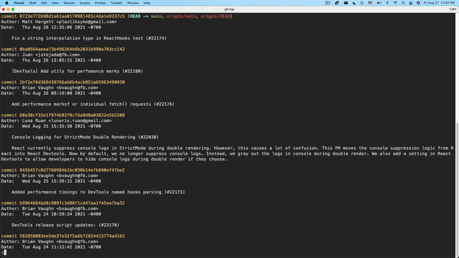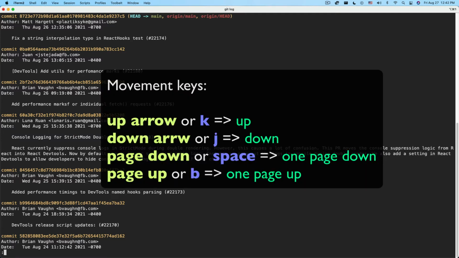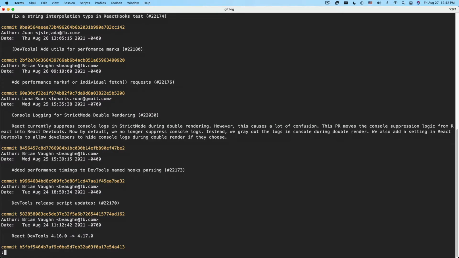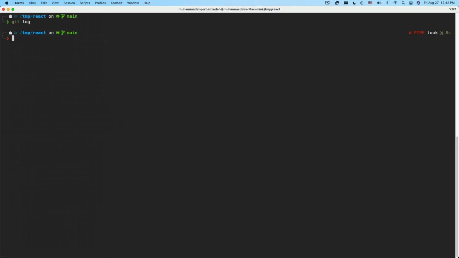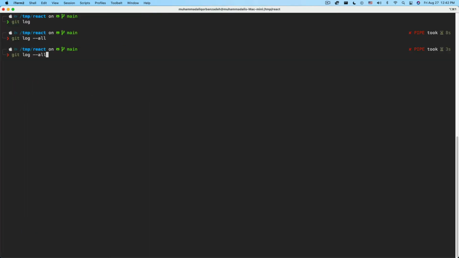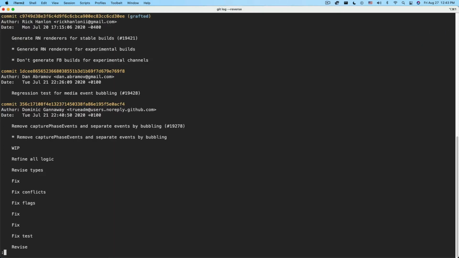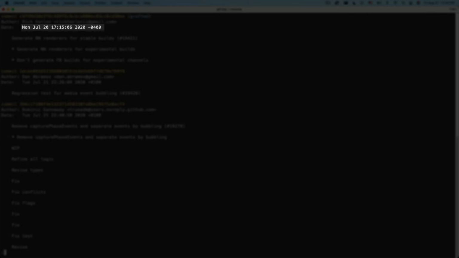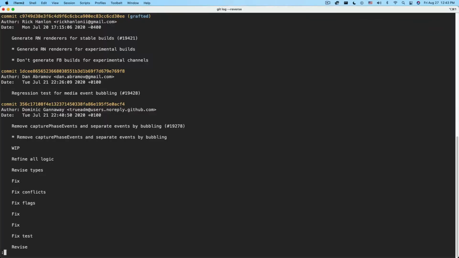Okay, now git log. As you see, the regular git log will display all of the commits you have in your current branch, along with their hashes, author info, dates, commit messages. To see all the commits from all the branches, type git log --all. To reverse the order, type git log --reverse. As you see, the oldest commit we have here is from 2020